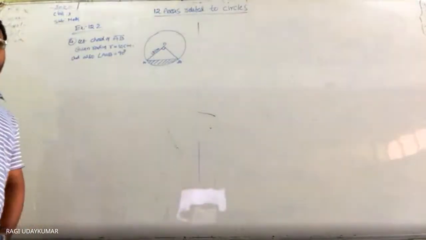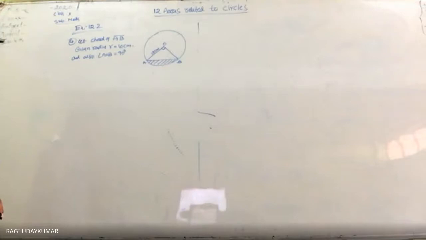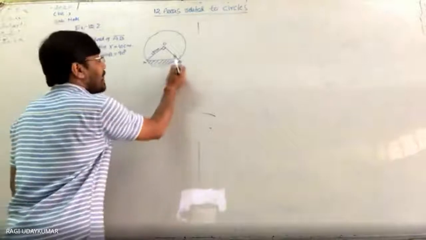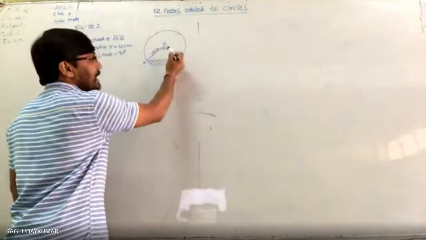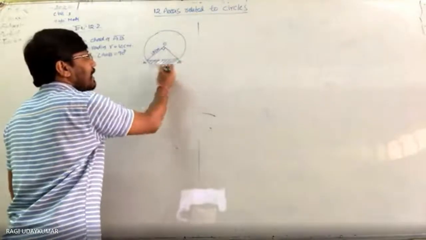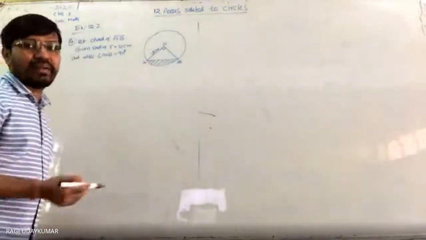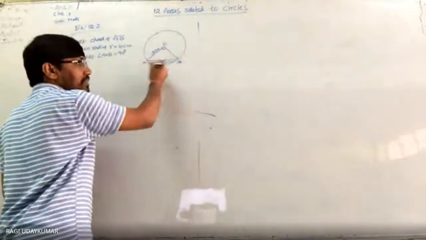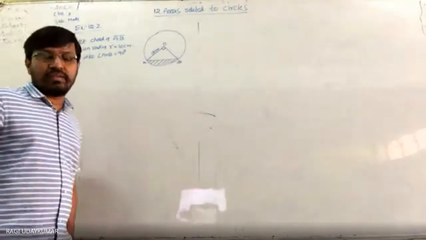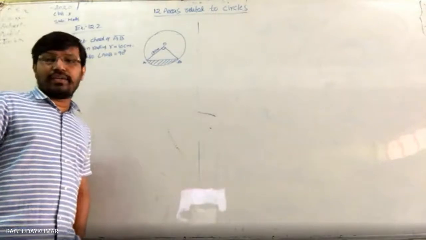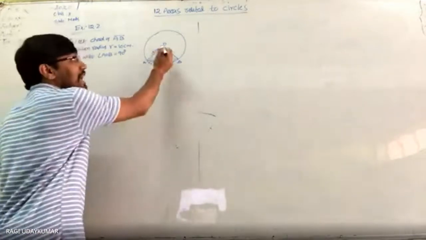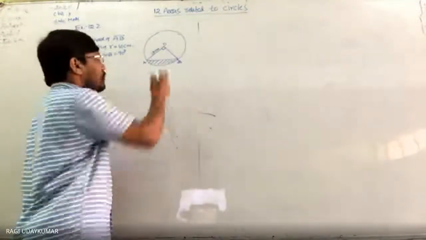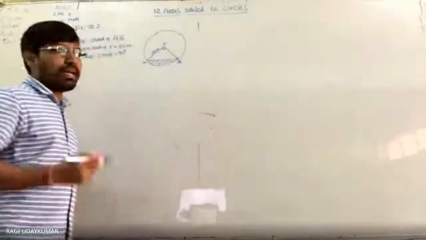It is given. Okay, so the area of the minor segment. Before finding the segment, find the sector area. From the complete OAB sector area, if you subtract the area of the triangle, you get the area of the segment, which is this one. So how do we find the area of this triangle? Triangle AOB, half into base into height you can use. As it is 90 degrees, if you consider OA as the base, OB becomes the height.